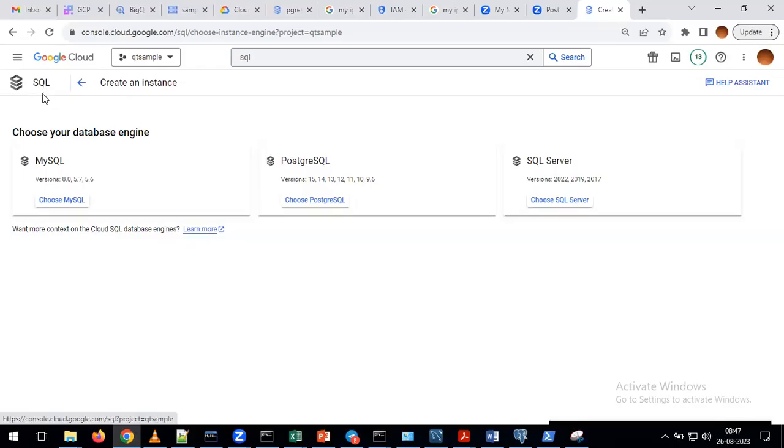And now coming to the GCP side, this Cloud SQL is supporting all these three relational databases. Which databases is it supporting? MySQL, Postgres, and SQL Server. Earlier we already discussed MySQL and you practiced on MySQL. For that reason, today, instead of working on MySQL, we are going to work on Postgres SQL.